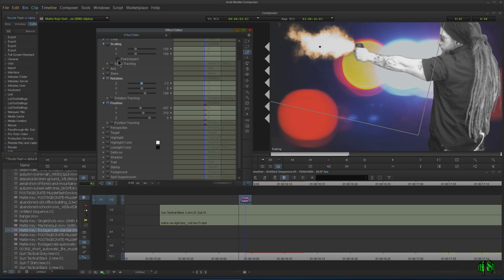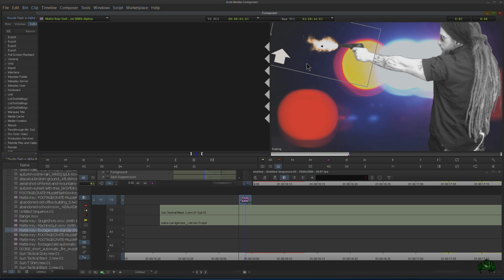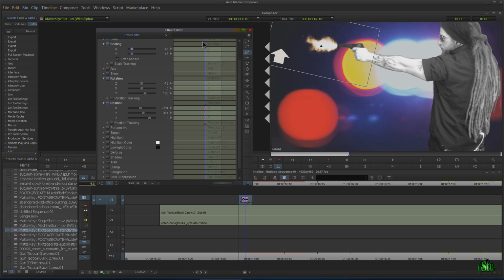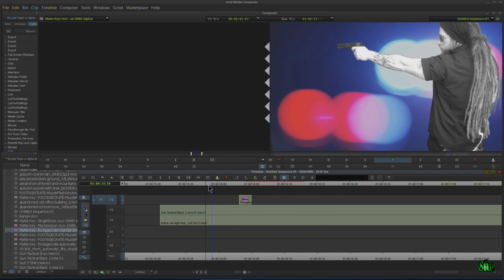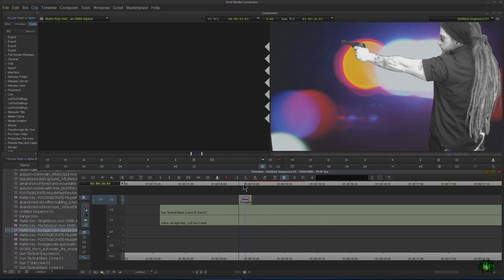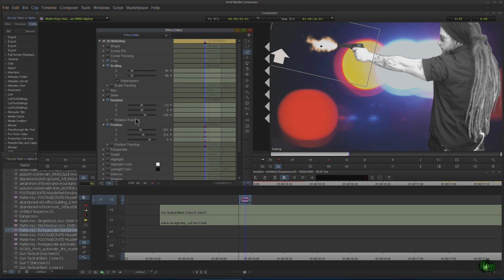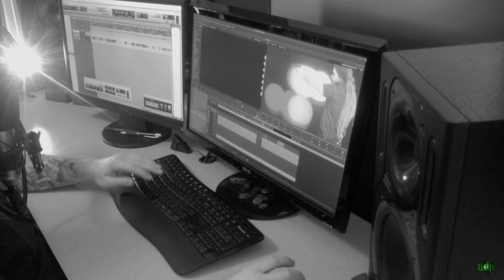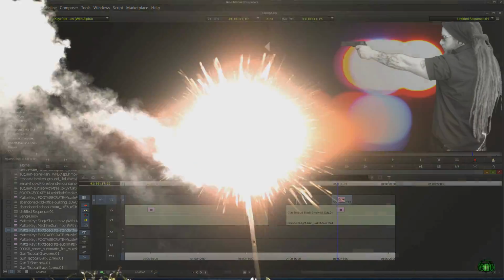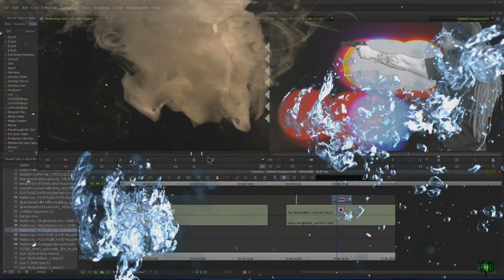Obviously, this is way too large. Scale it down. That's pretty good. And we're going to go a little bit larger just because it looks cool. That looks good. I think that'll be okay. Let's check it. Yeah, that's not bad. Actually, be a little higher. Just a little bit higher, I think. There we go. This is also, of course, applicable to any other kind of alpha channel content like explosions, dust clouds, water, glass,